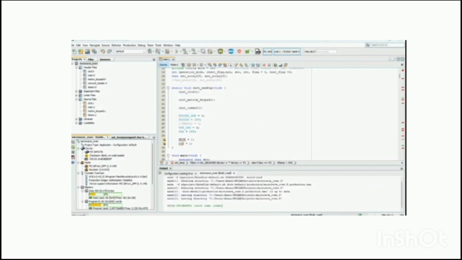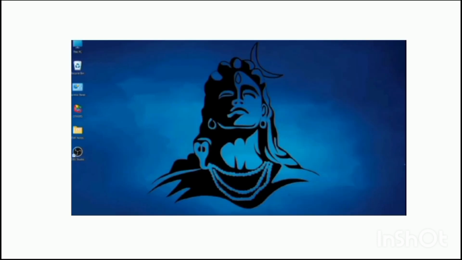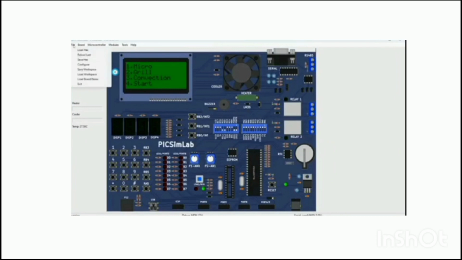and the build successful command produces the output and creates a hex file. We can extract the hex file in PIC SimLab, file, load hex, and we can select the PIC as a PIC 16F877A, which is basically a microcontroller. Here we used this 8-bit microcontroller, and this is the clock frequency, heater and cooler unit, which are our inbuilt peripherals in the